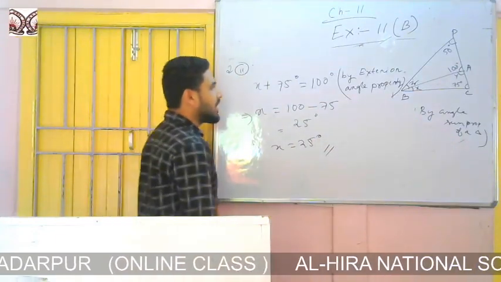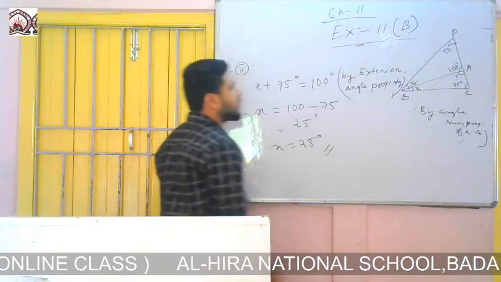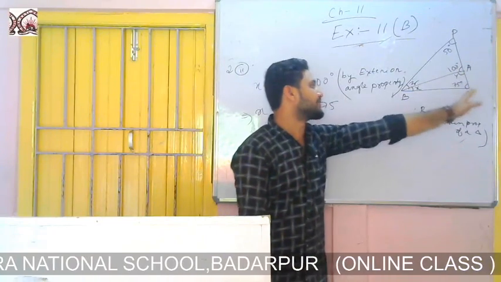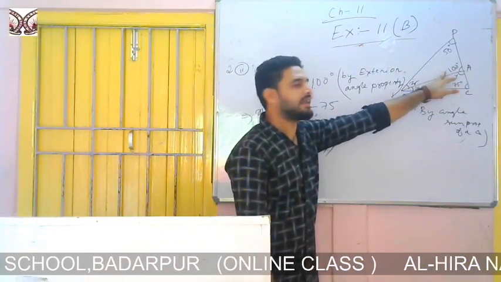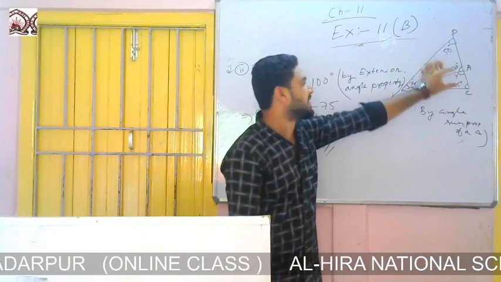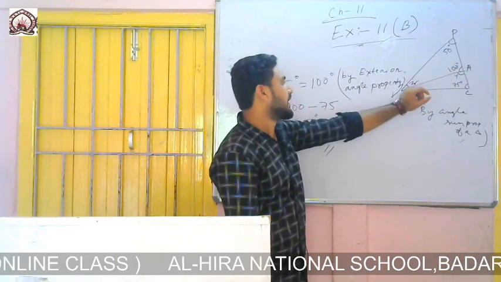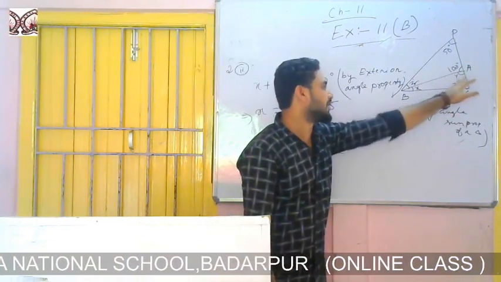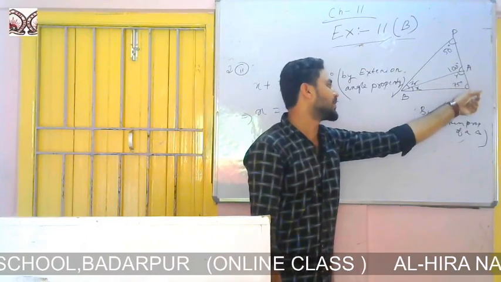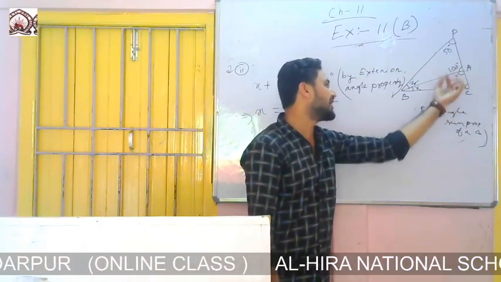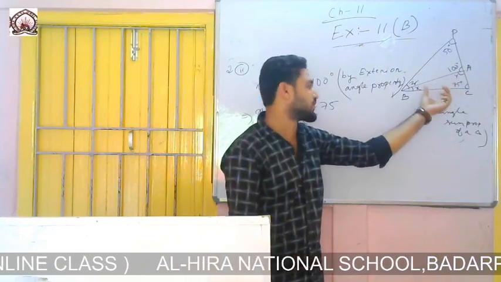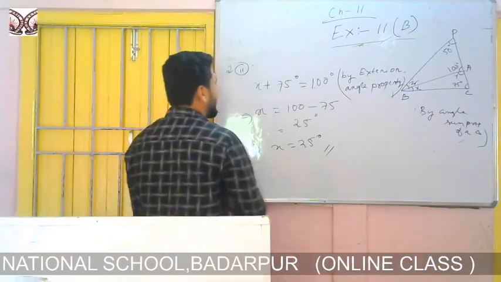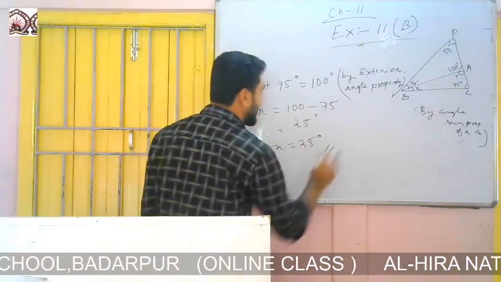Okay, now we can find Y. We can find Y by angle sum property also, and by linear pair also. If I add Y plus 100 degrees, then we will get 180 degrees by linear pair. By angle sum property also we can find this measure of angle Y, because we know the measure of angle X and the measure of angle C is given. So if I add the three angles, then we will get 180 degrees. So from there also you can find. Okay, so use linear pair, then it will be better, and it will also be short.